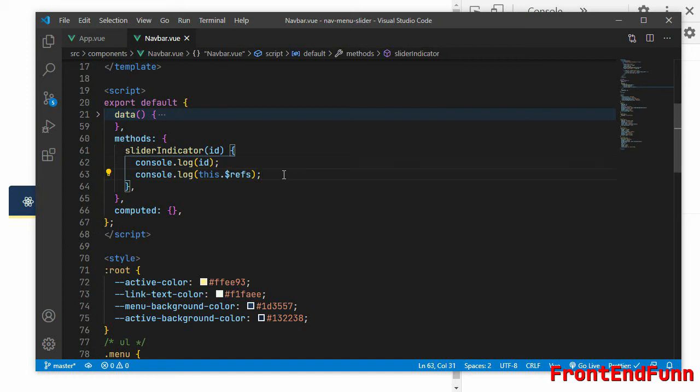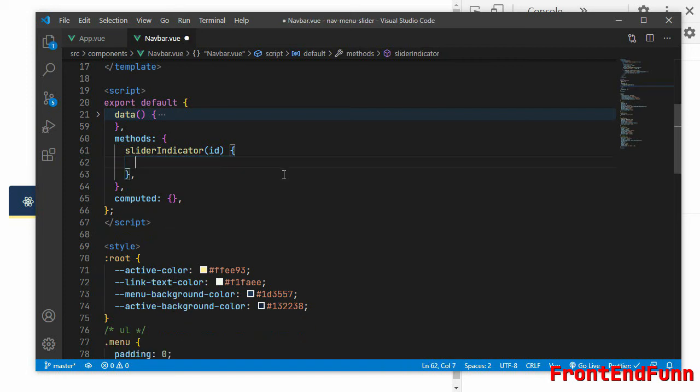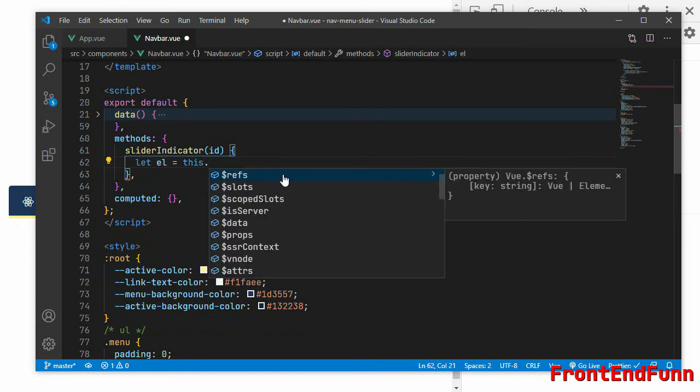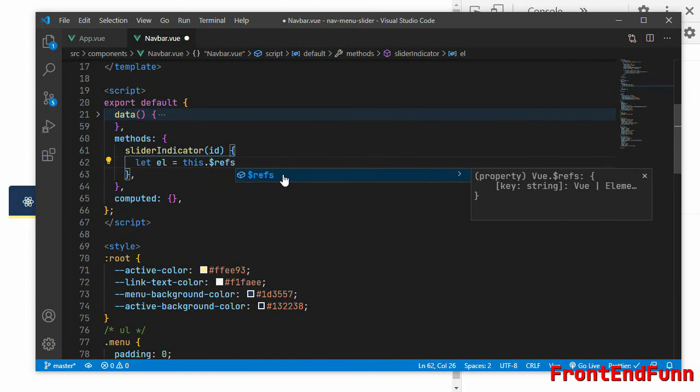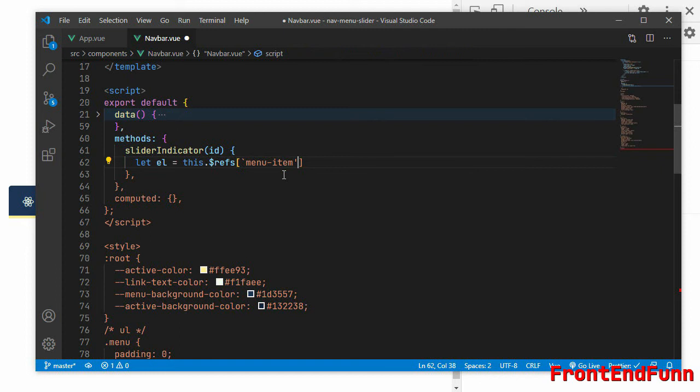So to get that, I'll be creating a variable let el, so that is the element we want to get from the refs. this.$refs of menu-item. So I'm using backticks here because I want to interpret a JavaScript expression inside this.